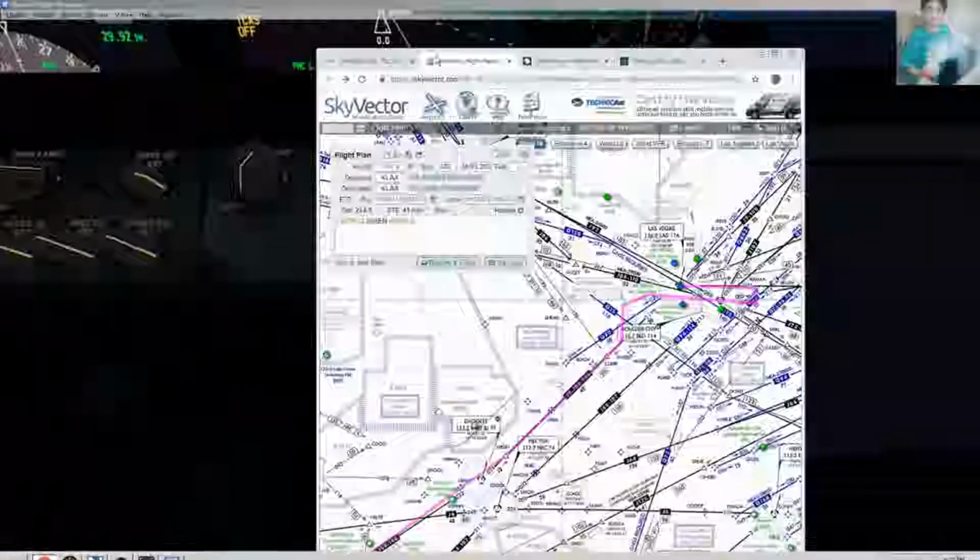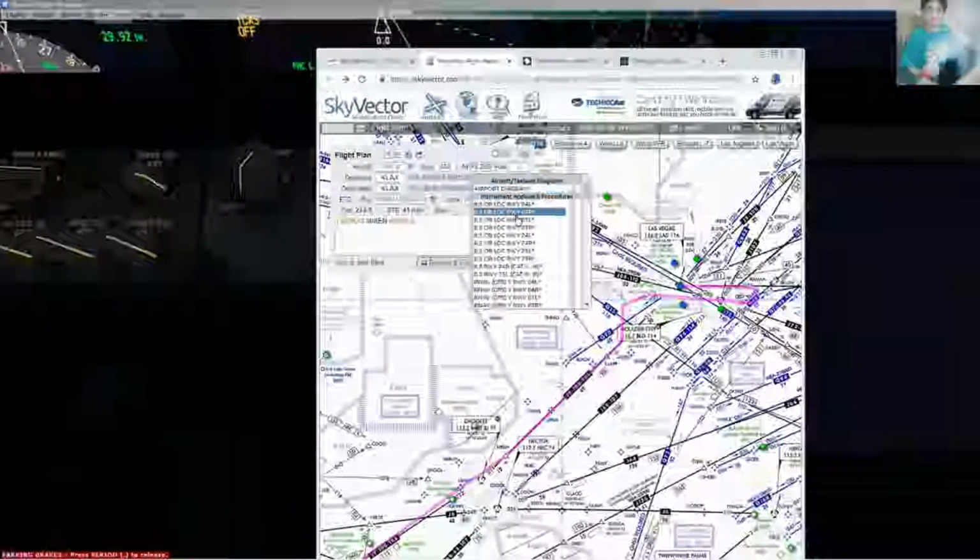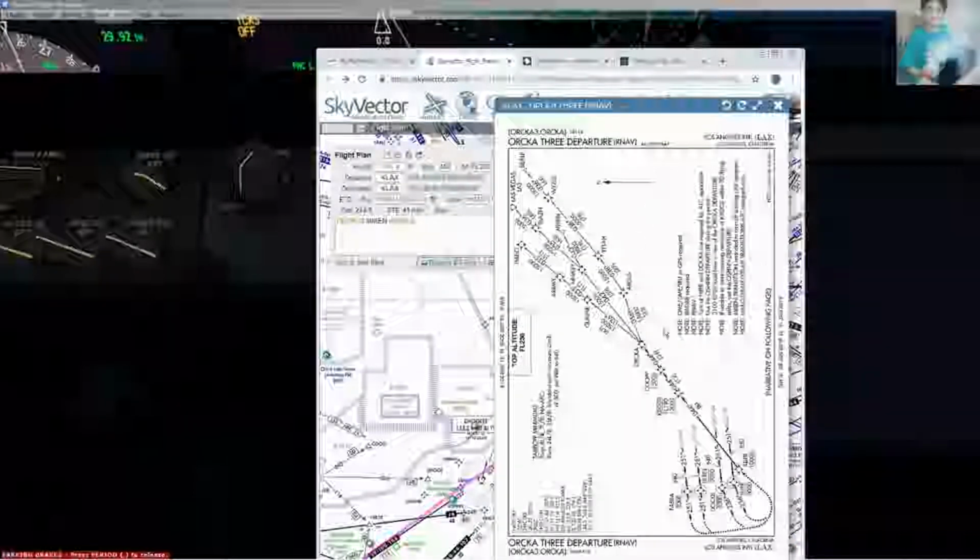Capex 6. And the route. Activate. Execute. Perfect. And now we're going to look at the legs because the departure procedure out of LAX here is the Orca 3. And it should be, if we look closely here, Orca 3 departure. So we're going to take off,